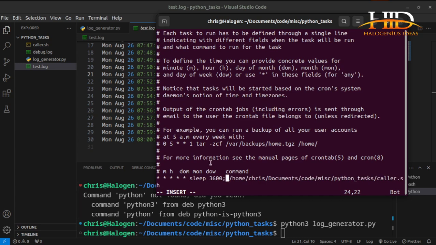As soon as I save this file, it will sleep for 3600 seconds, 1 hour. Then after sleeping for 1 hour, it will start executing again